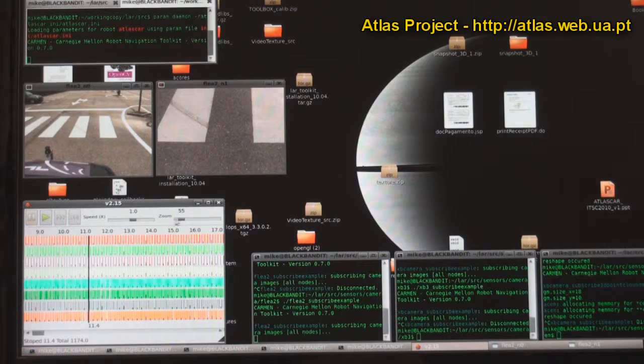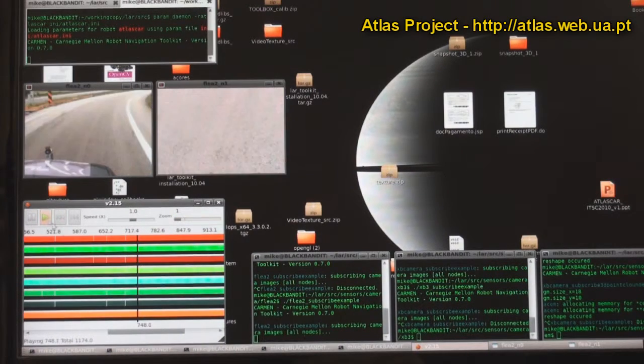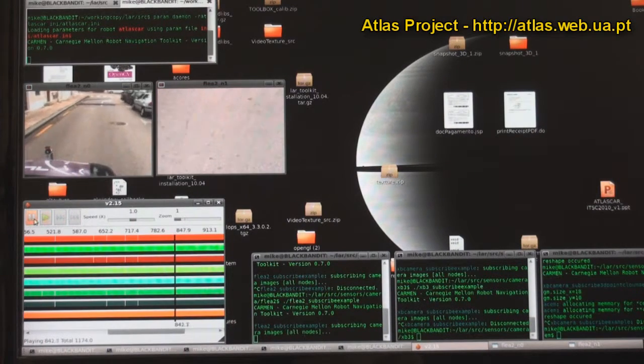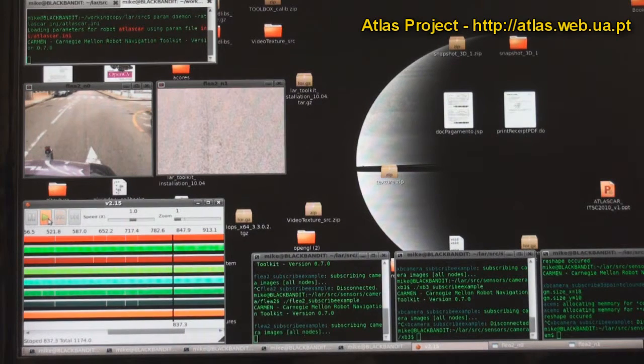We can go forward, for example, to mission time 700 seconds. Here we are already on the highway. This is a city situation, and if we stop the log, we can go back and forward in time. For example, now we're going step by step from one image to the other. Now we're going step by step but in reversed order,